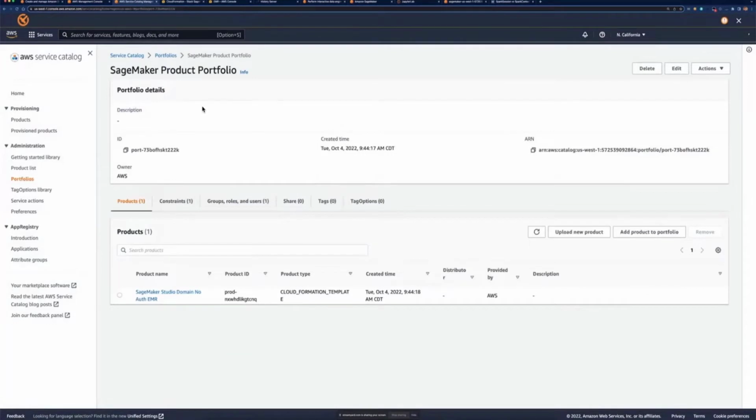Now, the first thing that happens is that your DevOps or MLOps people will create something in the Service Catalog. So the SageMaker product portfolio is something that is created on behalf of your data scientists. It's not something that they have to deal with. What you'll see here, within the product portfolio, is a SageMaker Studio domain. This is created automatically